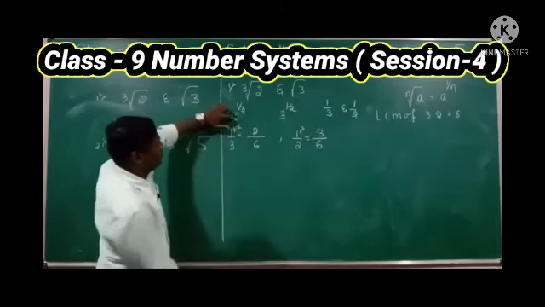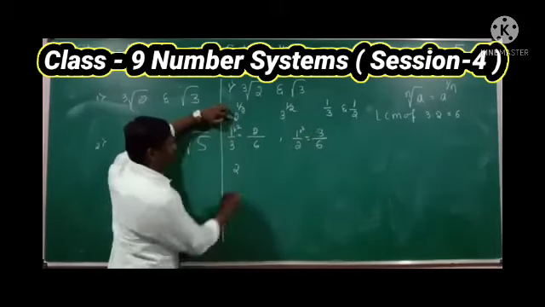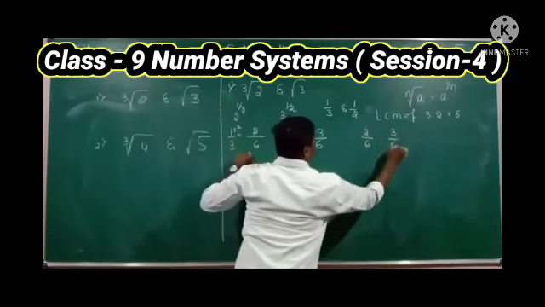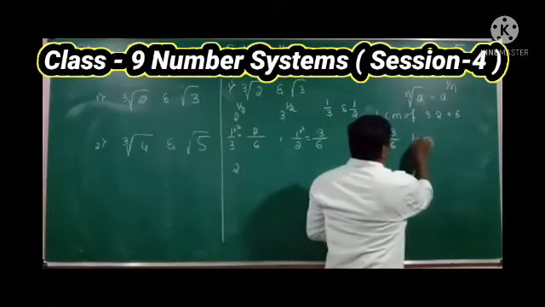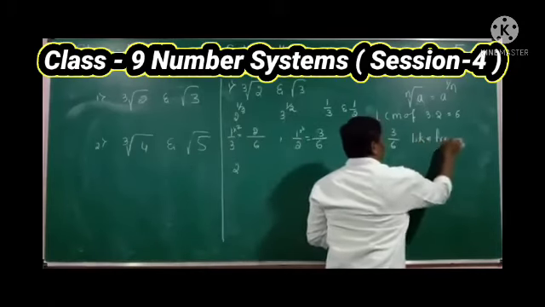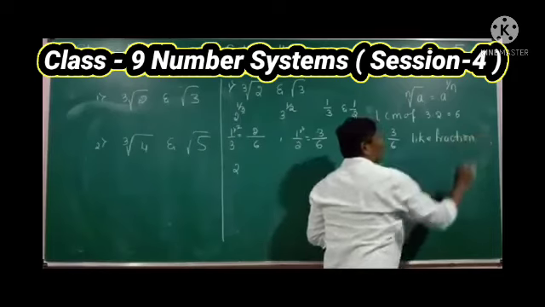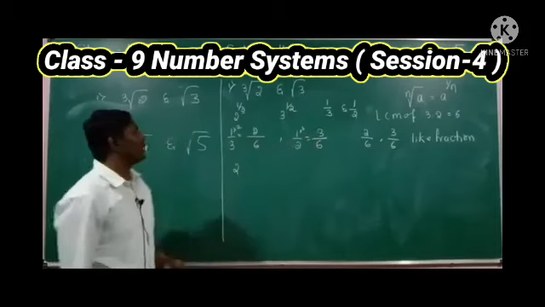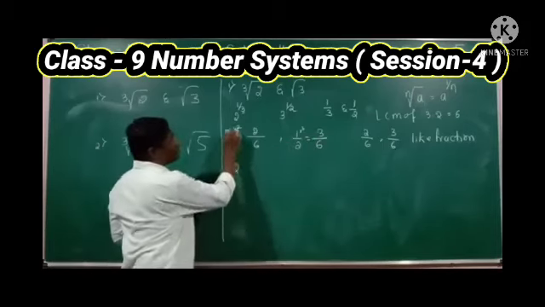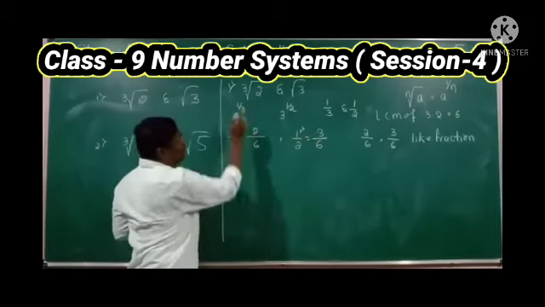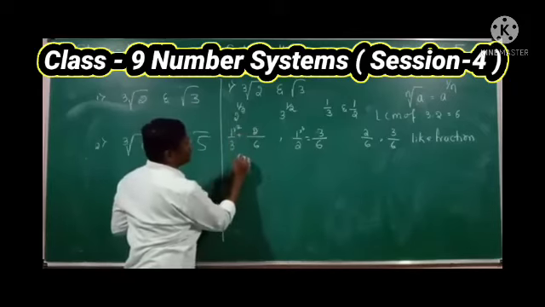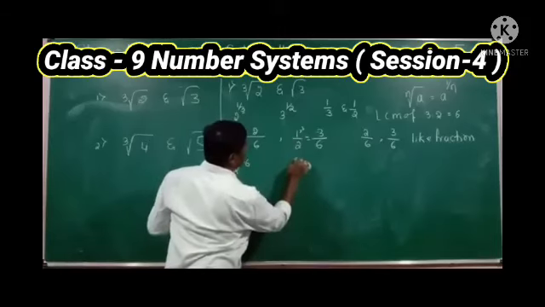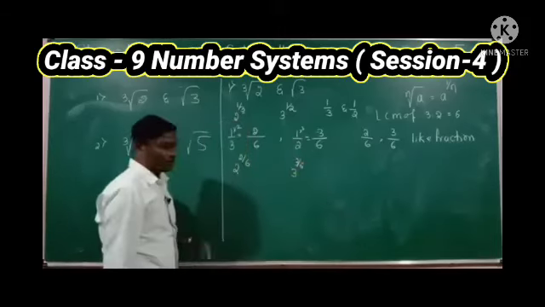Right? Now 2 raised to 2 by 6 and 3 by 6. 2 by 6 and 3 by 6 are like fractions here. So we are converting the two fractions into like fractions because they have the same denominators. Now how can you write this one? 2 raised to 1 by 3 can also be written as 2 raised to 2 by 6, and this one 3 raised to 3 by 6.